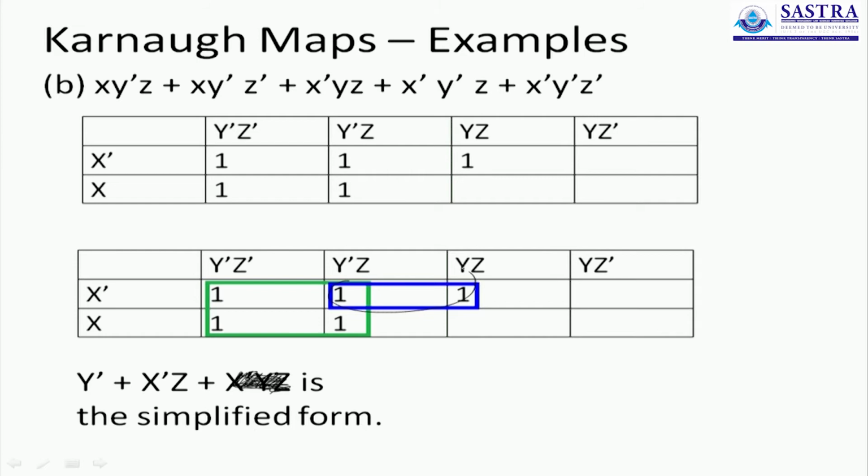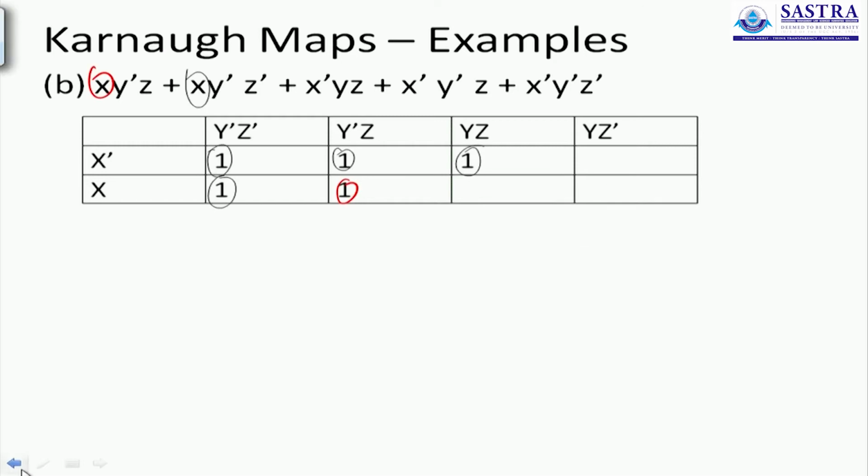I can group these 2 together. They are adjacent. These 2, these 2, these 2, these 2. So I can group this one, this one, this one, and this one as a pair of elements, which means I can group all of these 4 under a single roof. Since we are grouping 4 elements, we are pretty much safe because the number of ones is a power of 2. So these 4 ones can be grouped. That is why I have used different colors. Green for a group of 4, blue for a group of 2, and 1 if you cannot group it with anything else.